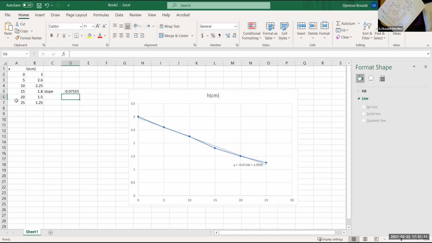Okay, word of caution about the Sig Figs. In this problem, there are only 2 Sig Figs. Excel will give you a lot of Sig Figs that don't mean much. So really, the value is 0.071, and that's enough. You cannot really make up more Sig Figs than they are. Okay. So since we are in Excel, we can use Excel to find the value of